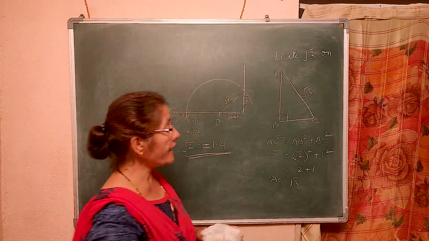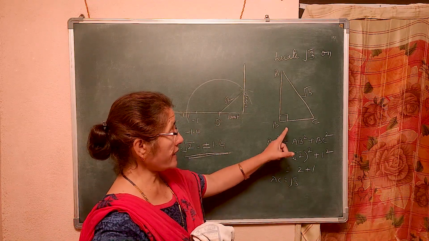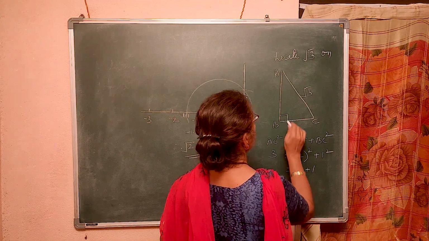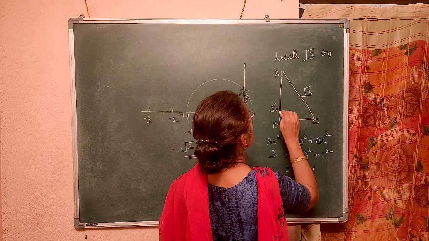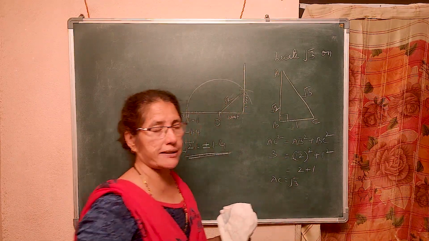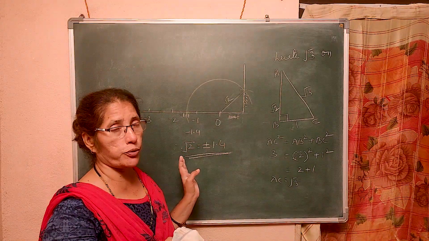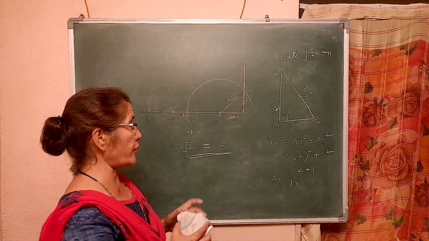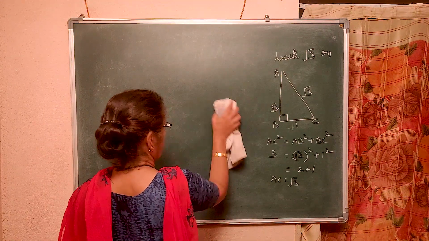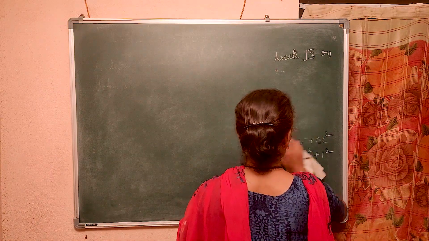Did you understand? In order to consider square root of 3, one is square root of 2. One line is square root of 2. Another one is 1. So, but they are perpendicular to each other. So far just now we studied how to draw the square root of 2. Now let us do square root of 3. I have to do the same thing. Let me explain how to do. I rub this also.